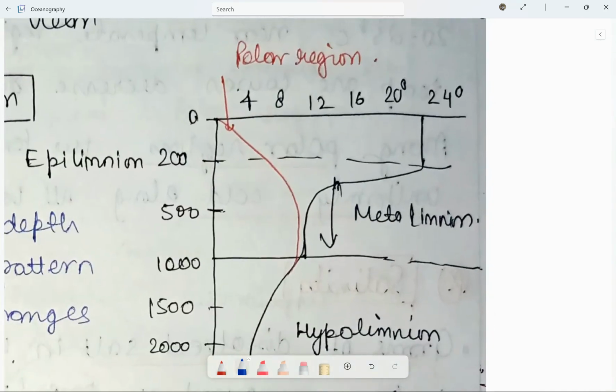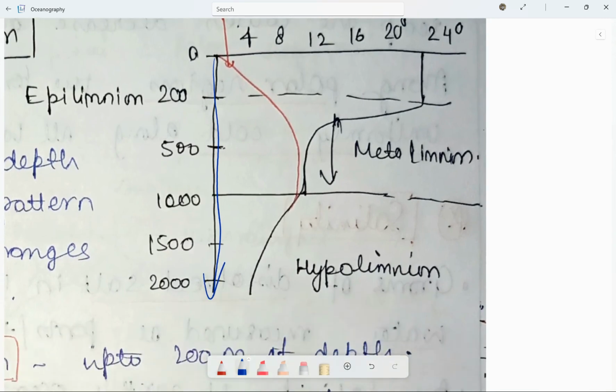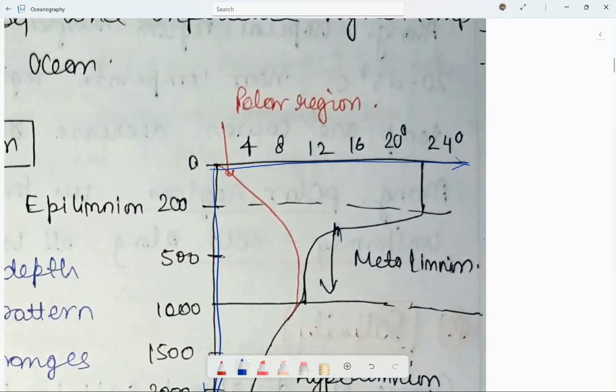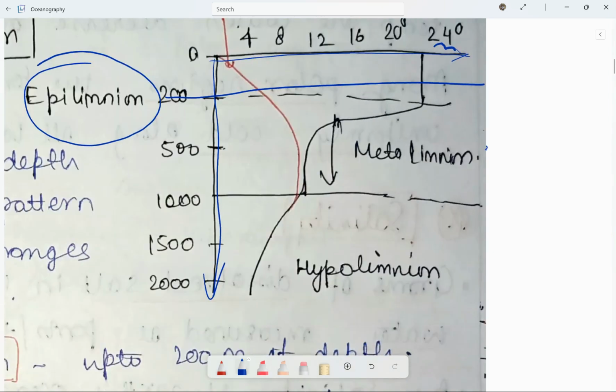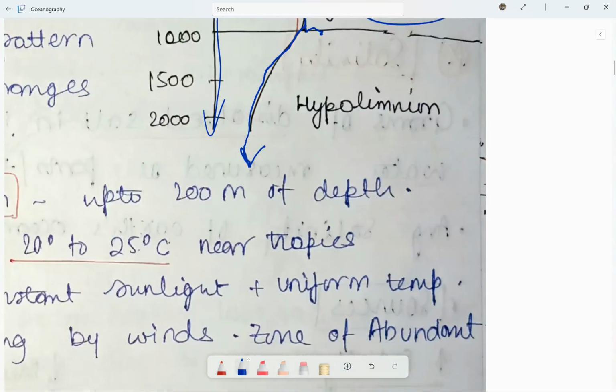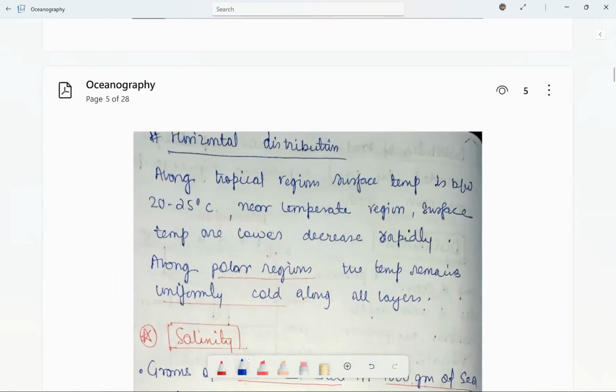As you can see from this diagram, we have depth on the vertical axis and temperature on the horizontal axis. In the region of the epilimnion, the temperature lies between 20 to 24 degrees. After that starts the metalimnion, wherein the temperature first remains constant, gradually decreases and suddenly dips. After that, in the hypolimnion, the dip of temperature continues. So this was about the distribution of